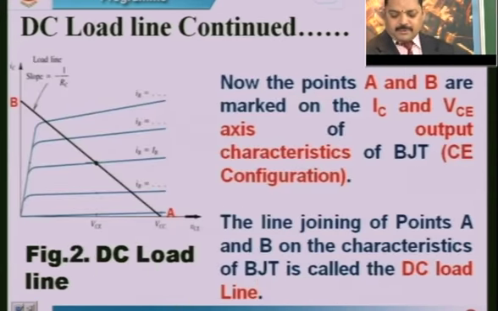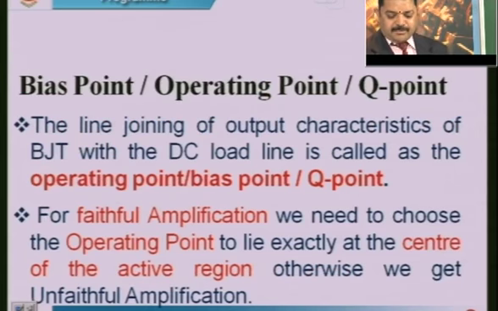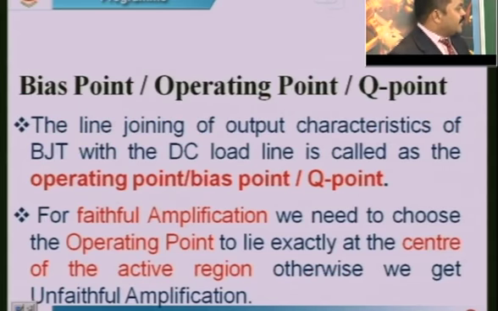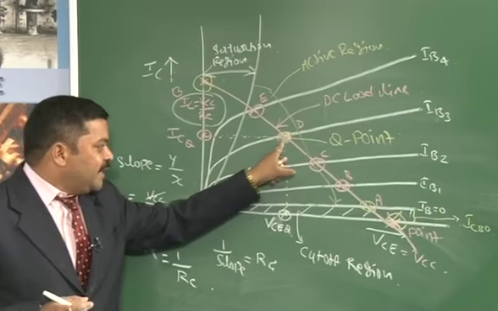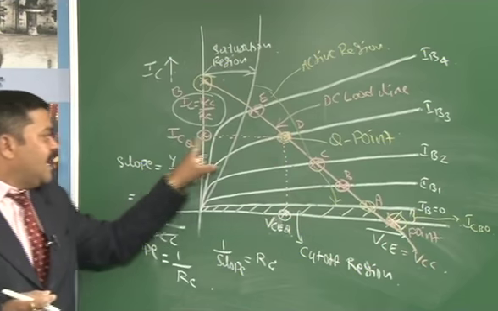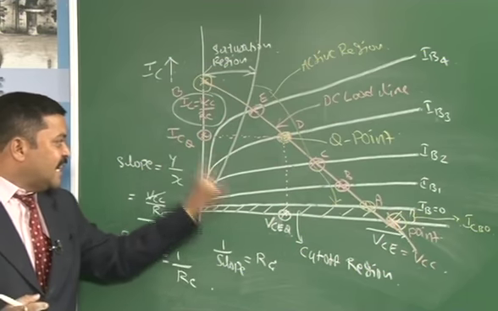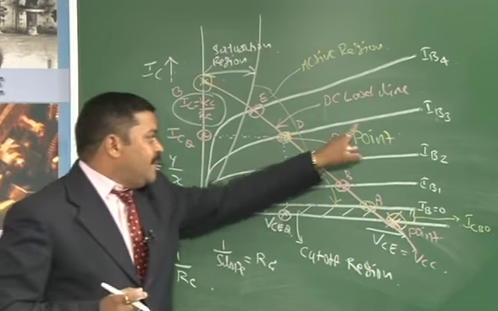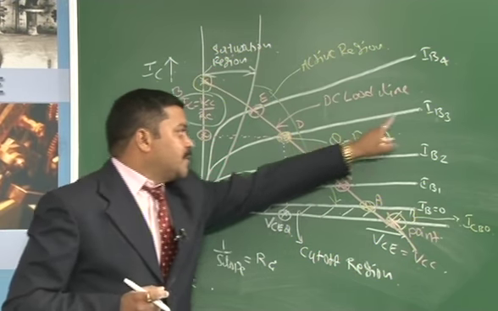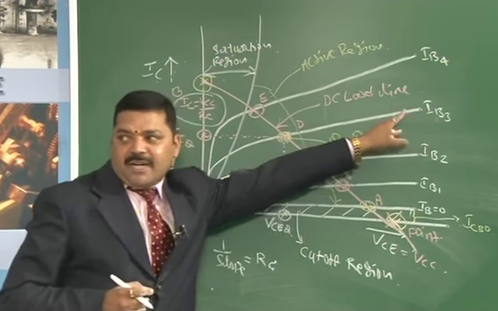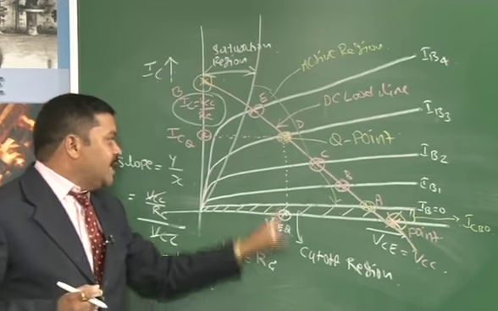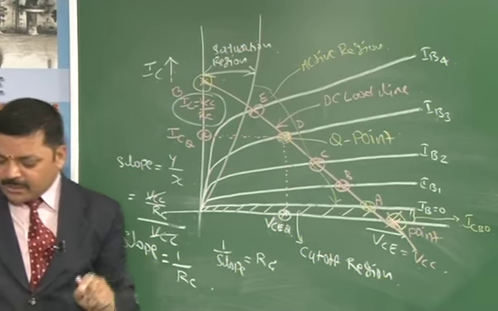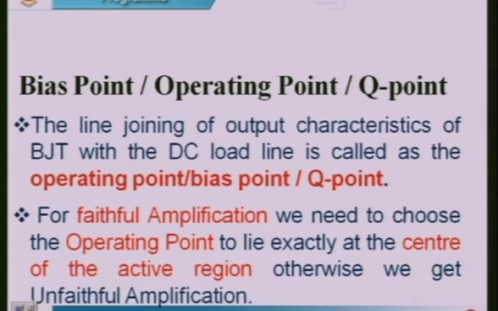Now, going to the bias point. So, here the Q point is D. D here is a Q point which gives us VCEQ and ICQ, the quiescent voltage and current. Then IB3, we will come to know this point corresponds to the base current IB3. When we apply this base current IB3 at the input of the circuit, we get VCEQ and ICQ. And these two values represent the point called the bias point or operating point or Q point.